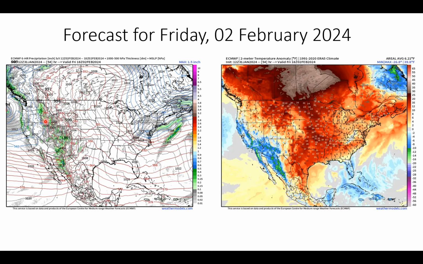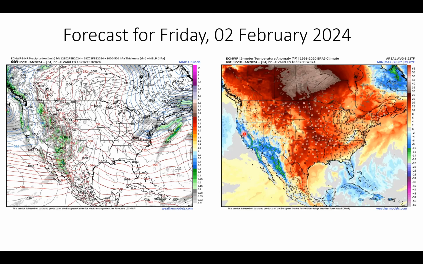We do see some of that moisture now that has moved east. That was once in Southern California and into the Sierra Nevadas with snow. On Thursday, tomorrow, the 1st of February, it has now moved into the Intermountain West area. The temperature anomaly chart here on the right for Friday, the 2nd of February, 2024, sees below normal temperatures across